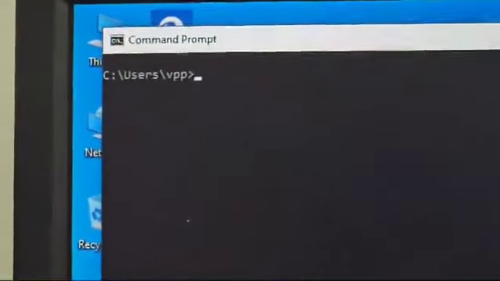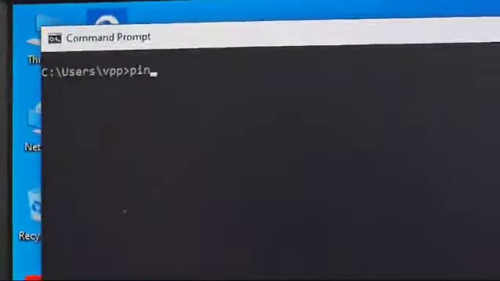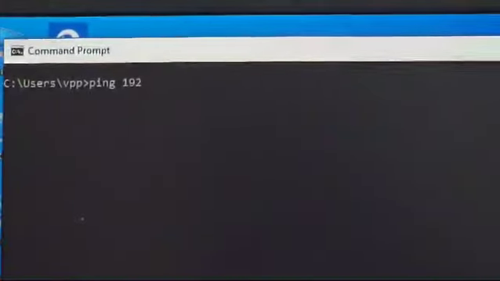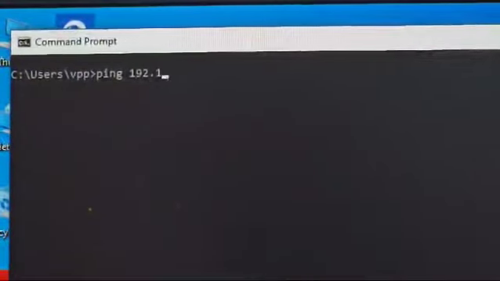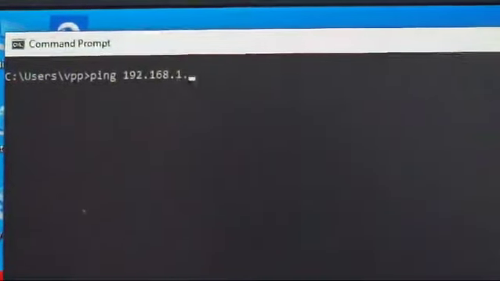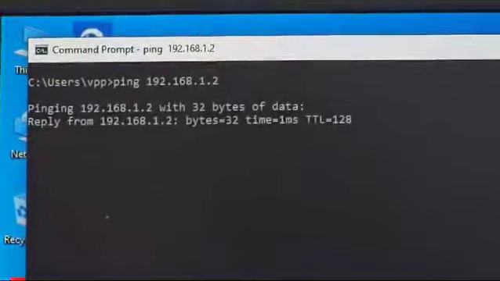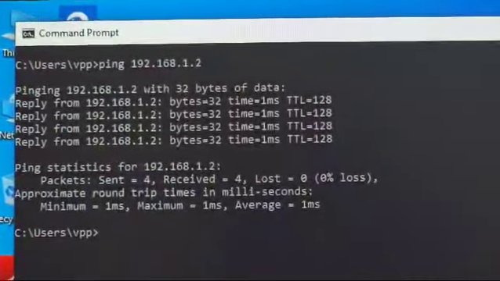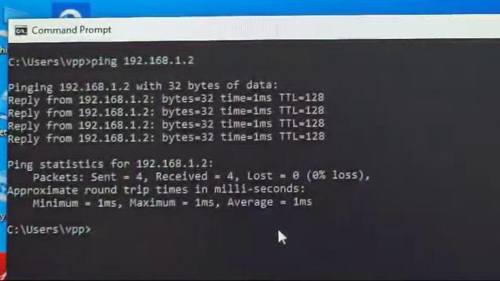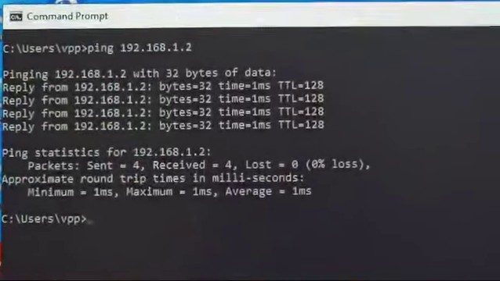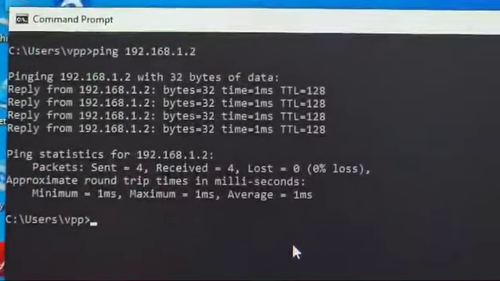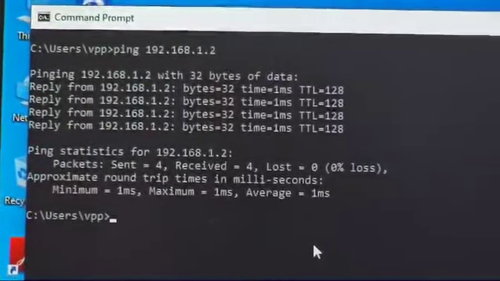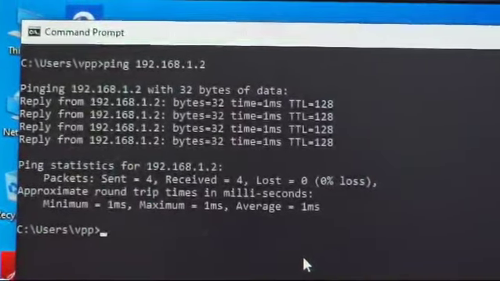So we have to use the command ping, and we'll give the IP address of the second system, that is 192.168.1.2. So this is connected because we are getting the reply, and also the number of packets sent and received, and the packet loss is 0. Similarly, we can check the connectivity from the other system by giving the command ping and the IP address of this system.